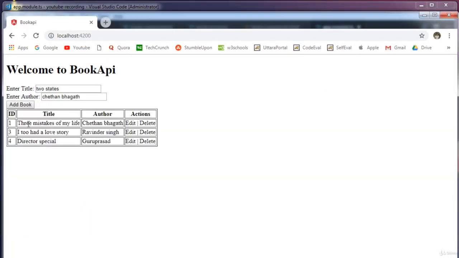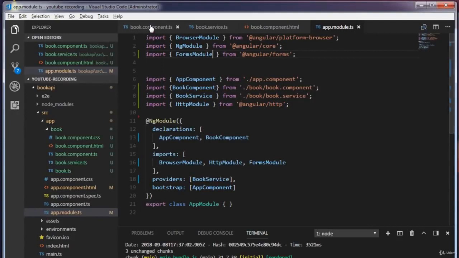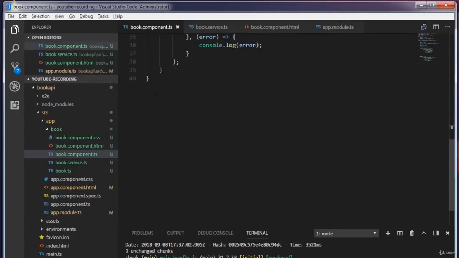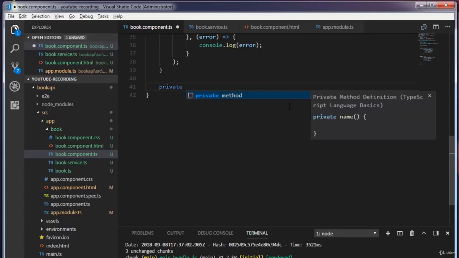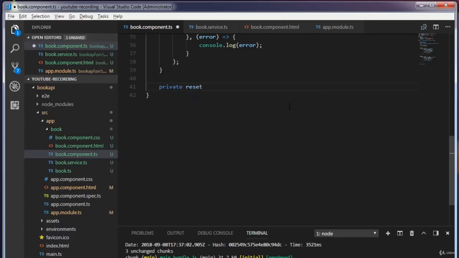But as soon as we added the record, we need to reset these text boxes and the table has to be updated. So open Visual Studio Code. Inside the app.component.ts, I'm going to write a private method. I'm going to call this private reset,